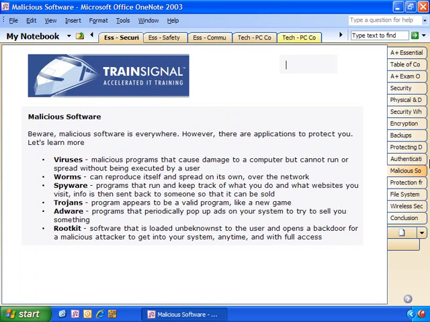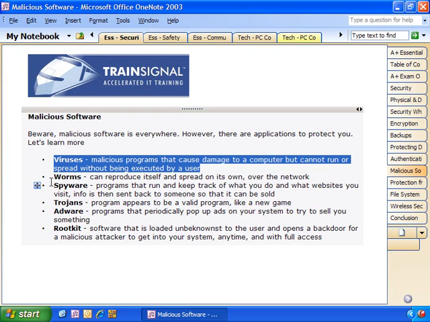All right, now let's talk about malicious software. You should beware that malicious software is everywhere. However, there are applications to protect you, and you should be aware of what those different applications are. So the first type of malicious software is a virus. A virus is a malicious program that causes damage to a computer but cannot run or spread without being executed